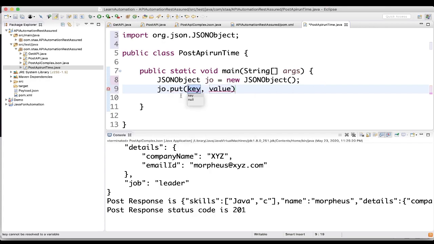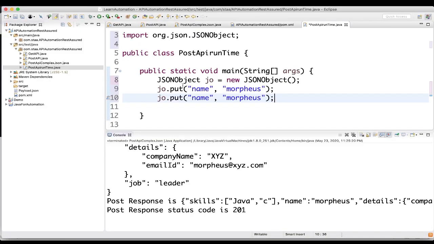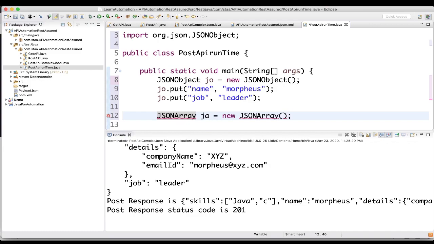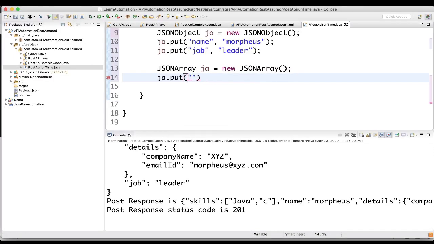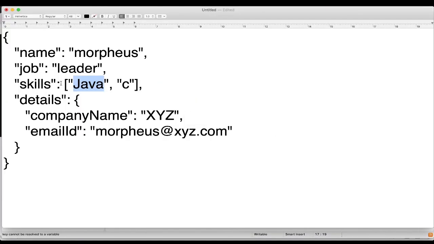Dot put, what will pass here? This name, key value, name and value. Similarly, we can pass the second value, job and leader. Third one, here is an array. So again we have a class JSON array. We'll create an object for it, new JSON array, and we'll pass the values ja dot put. What is the value here? We'll add, and we'll add the second value, and we'll add this object to JO. So skills is